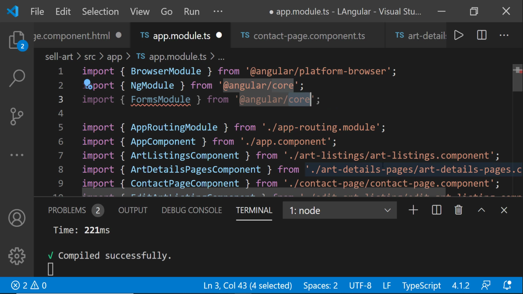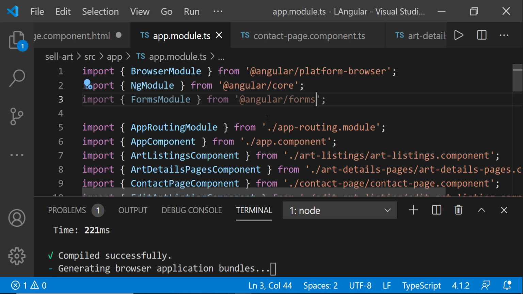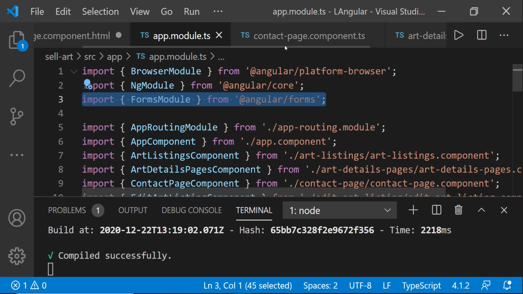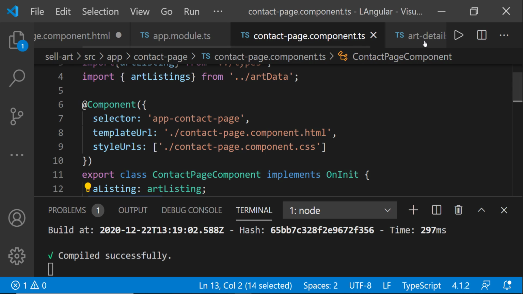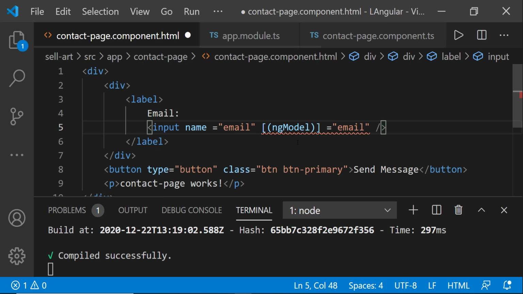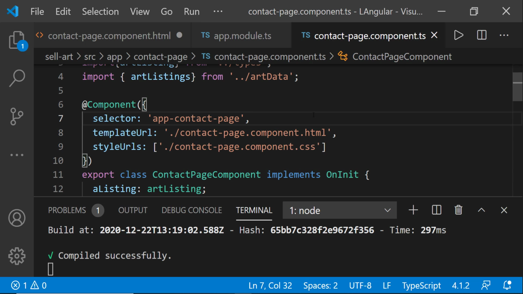And then I think it's from @AngularForms. Yeah, good. I didn't have to Google that. So now that's imported. Let's go back to our contact page, contact HTML page, and take a look at